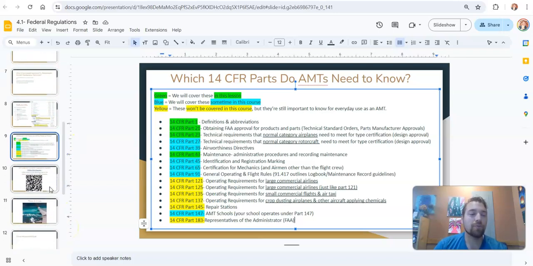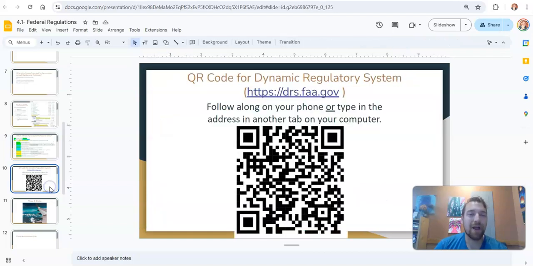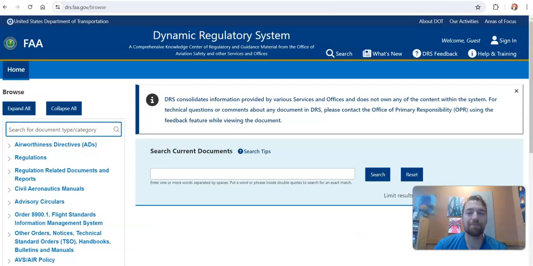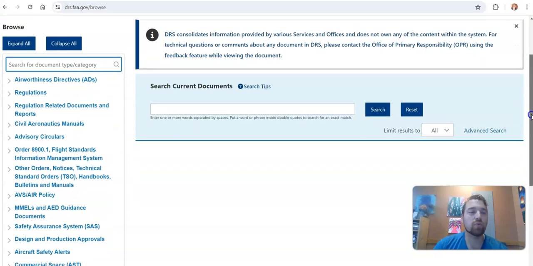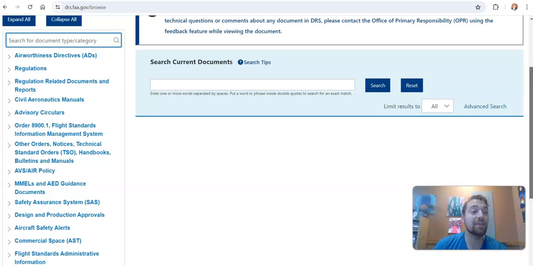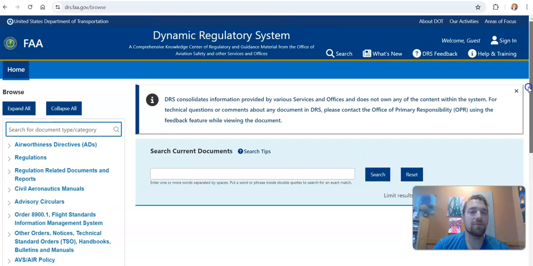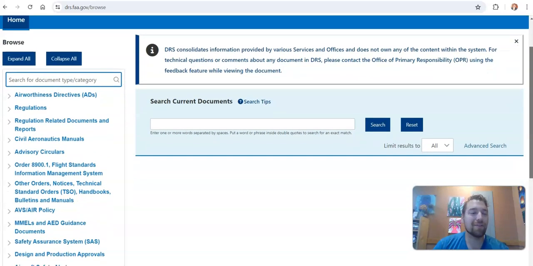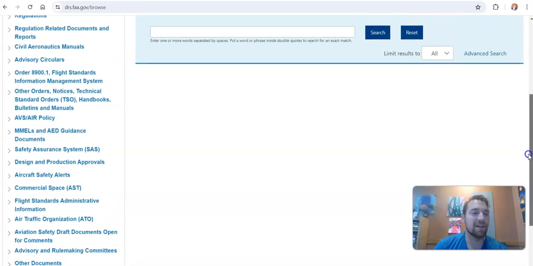Now, before I toss you the quiz questions, I'm going to recommend that you scan this QR code. If you scan this QR code, it's going to bring you over to this drs.faa.gov website, which is the Dynamic Regulatory System. The Dynamic Regulatory System essentially covers all the rules and documents and approvals, anything paperwork-wise that you need to know right here, and it's incredible. To go over the CFR Code of Federal Regulations stuff that we're going to go over today,